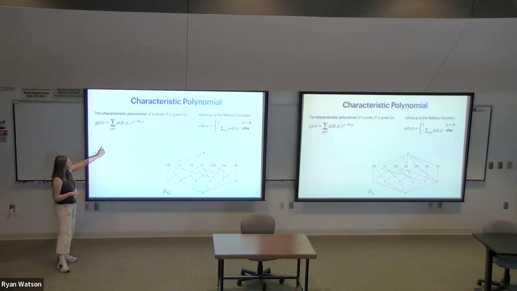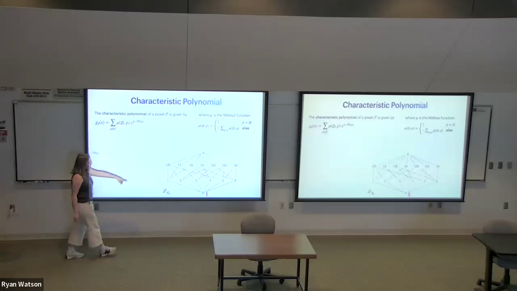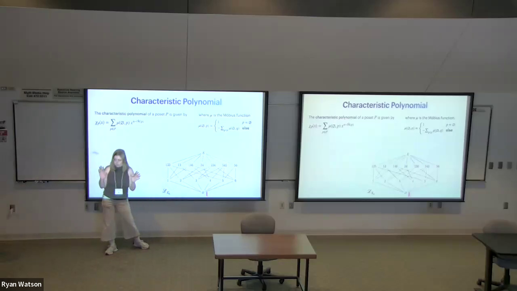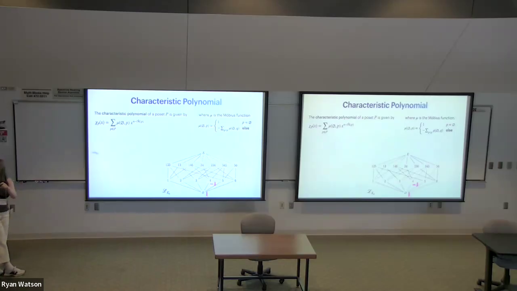the coefficient of it is defined by the Möbius function, where the Möbius function is a function that's defined recursively. Let's see it on this example. I think maybe the definition is not the most friendly looking, but the example I feel like makes it clear. Okay, so the bottommost element, the empty set, gets a 1 with the Möbius function. Everything in this next row gets a value of -1 because, right, the only thing under them is something with a value of 1, and I'm doing the negative sum of